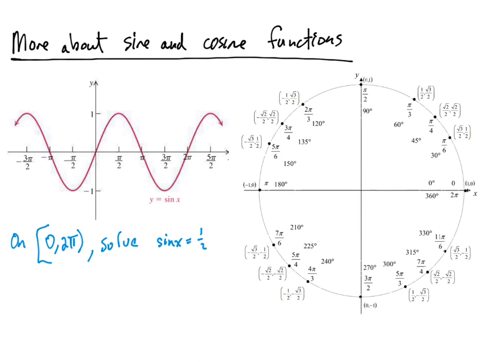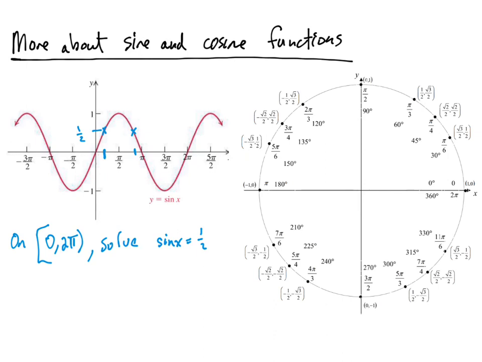And then lastly, on the interval 0 to 2 pi, solve sine of x is equal to 1/2. Now this is saying, when does sine of x equal 1/2? In other words, when does the graph hit 1/2? Well, 1/2 is about right here. So it looks like it hits at this position and this position. Now, it's hard to know precisely from the graph where that is happening, but if we think